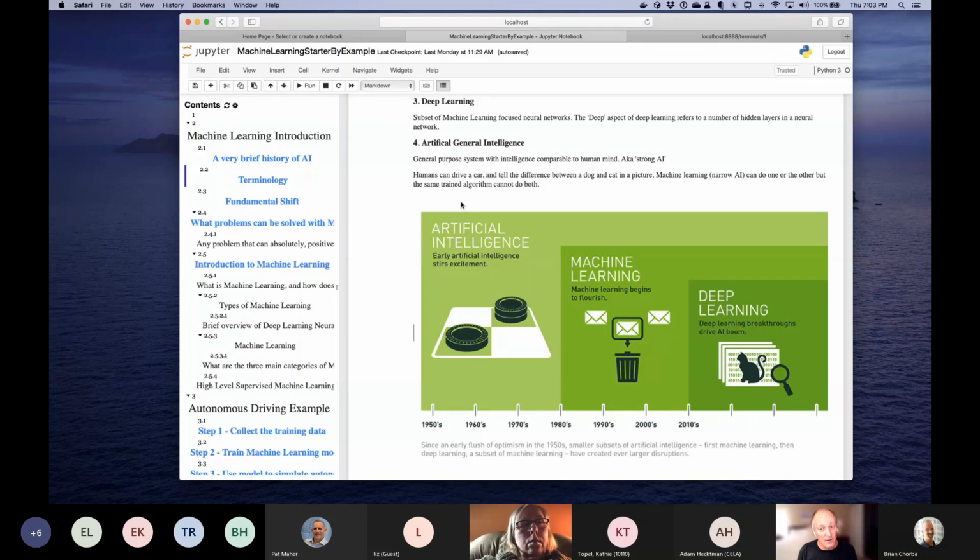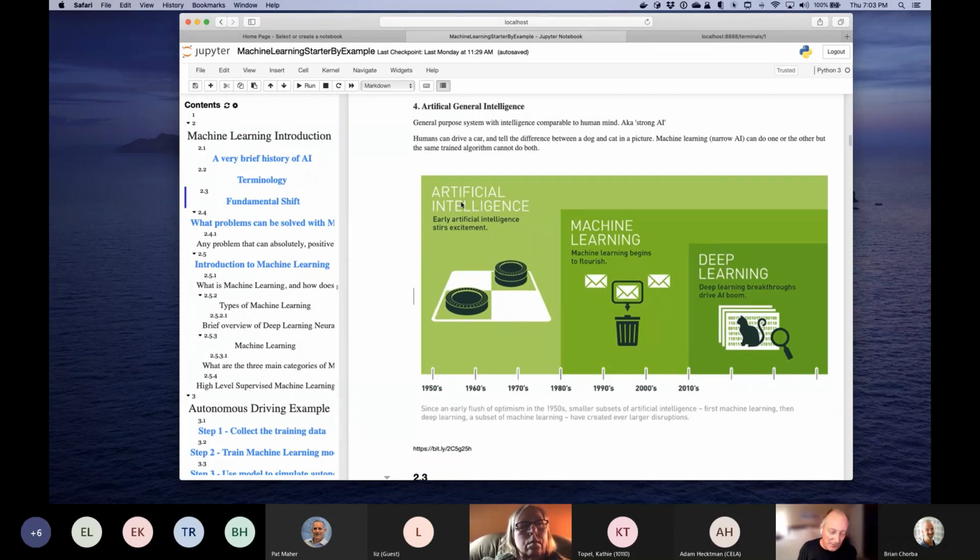But it's still narrow. And so artificial general intelligence will be maybe someday that point in time where the machines are not just focused on a narrow task. Like us as humans, we might be able to drive the car and tell the difference between a cat and a dog. Well, today machine learning algorithms are created to drive a car, but they can't tell the difference between a cat and a dog. Artificial general intelligence is that it starts to broaden what it can do. I don't think that's any day soon, thankfully.